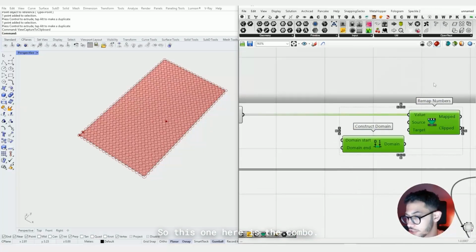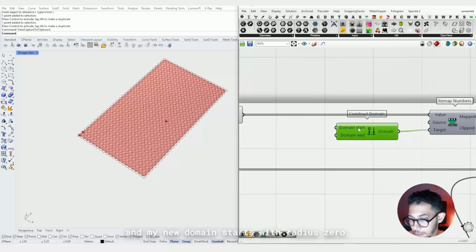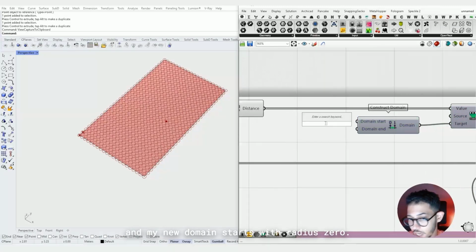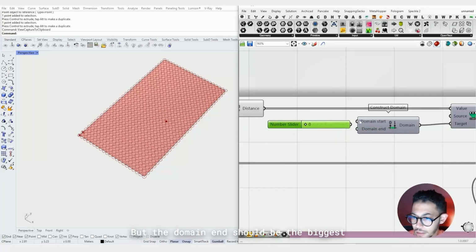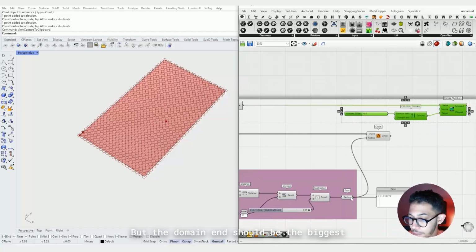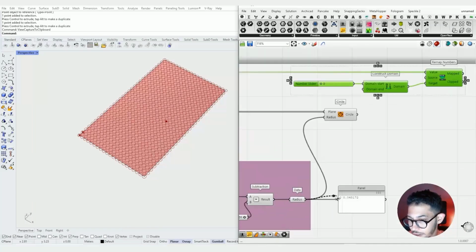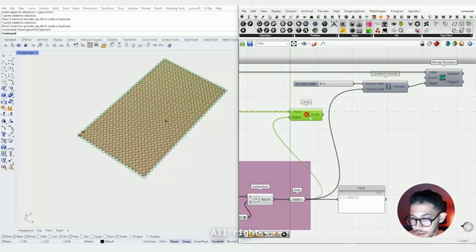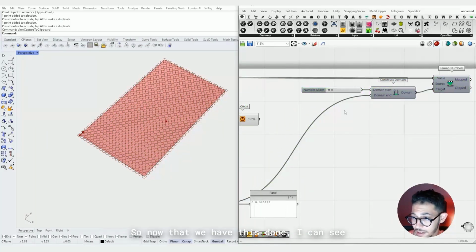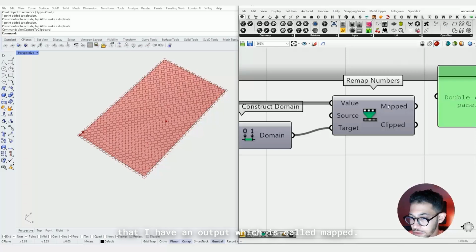So this one here is the combo. Basically, the target is my new domain, and my new domain starts with radius 0. Let's start with radius 0, okay? But the domain end should be the biggest radius, which is actually this value here. All right, so now that we have this done, I can see that I have an output which is called